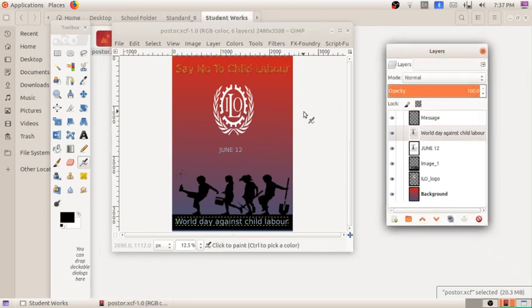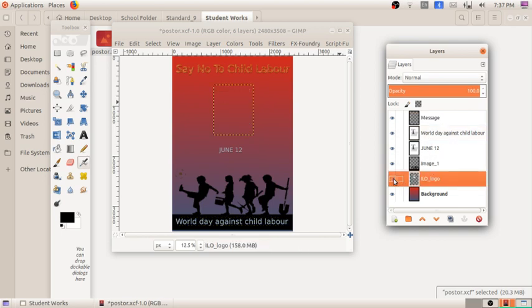Before that, did you see the eye icons here? In all the layers you can see the eye icons. All the eye icons are open here, so we can close the eye. How about we close the eye? I am selecting the logo here, the yellow logo, and I am closing the eye icon. What happened? This image is hidden. You can't see the image, right? So if we close the eye icon, the picture disappears, and when we click on that eye icon again, the picture appears.